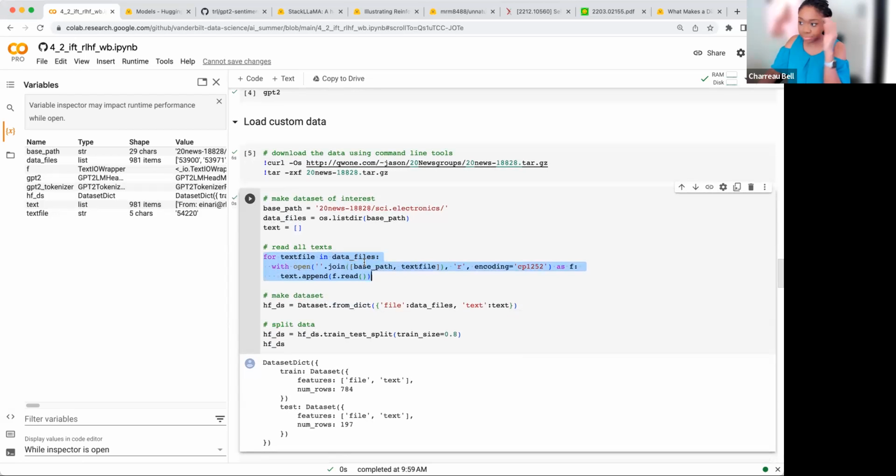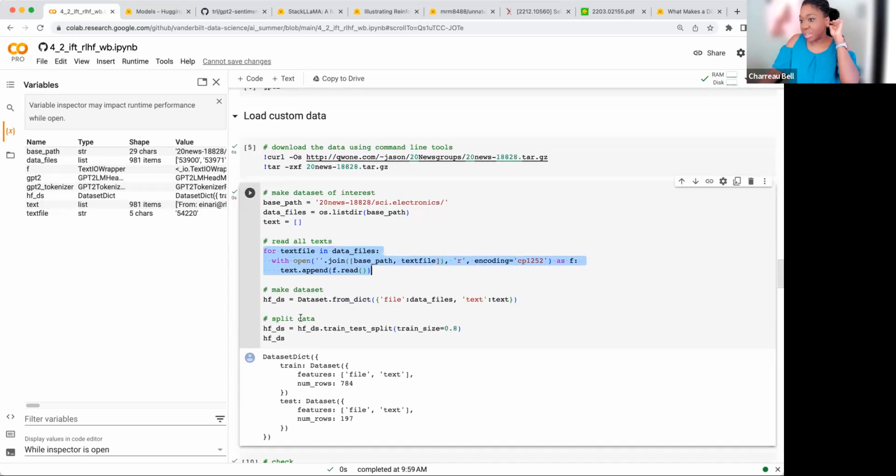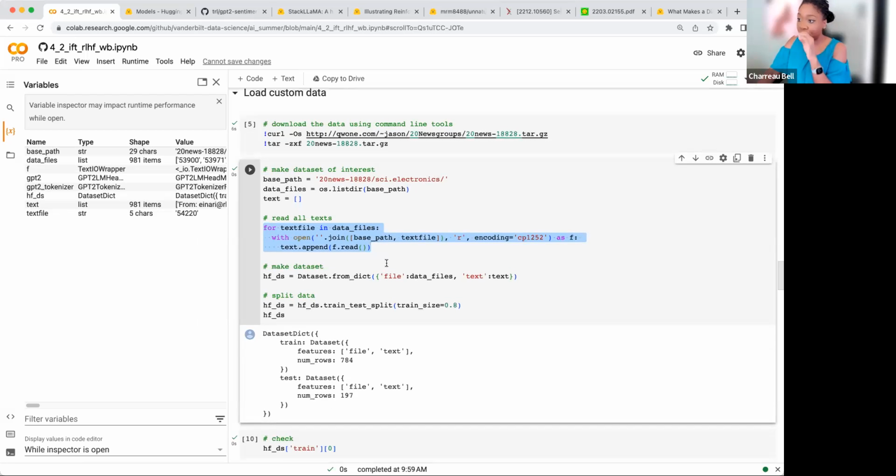But we had to do it like this just because these file paths did not end with .txt. So when Hugging Face looked at them by default, it was like, I don't know what to do with that, it has no file ending whatsoever. Had it ended with .txt, we would have been able to call load_dataset directly on that directory, and it would have been one line instead of all of these. That's neither here nor there, just something to know.